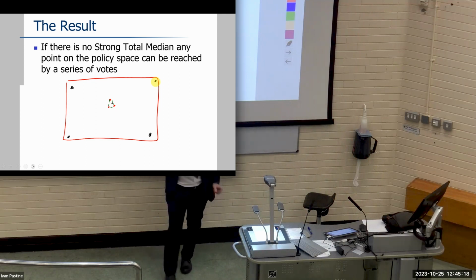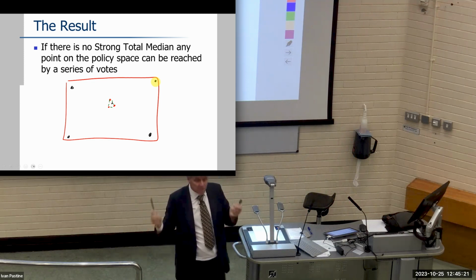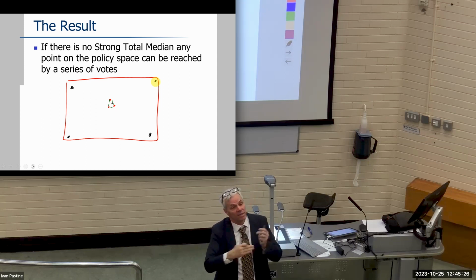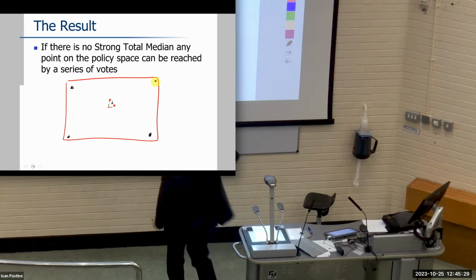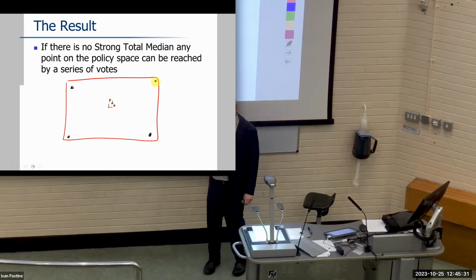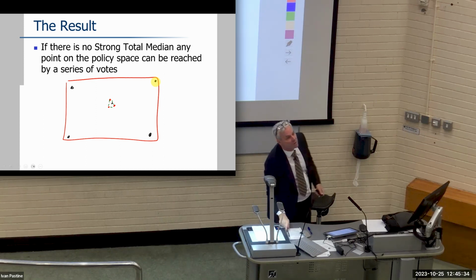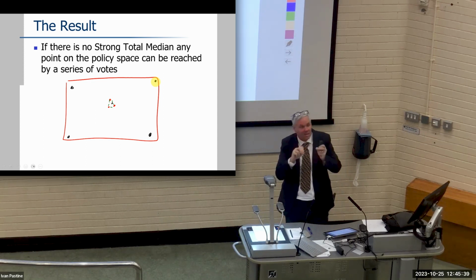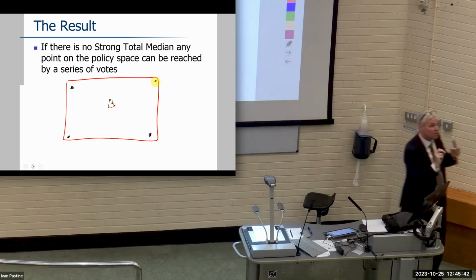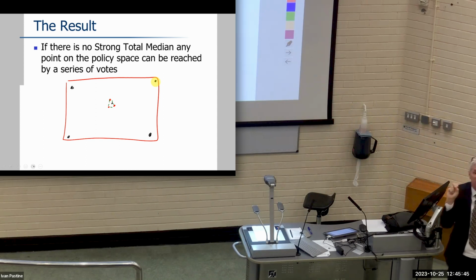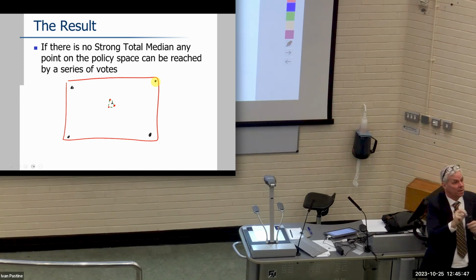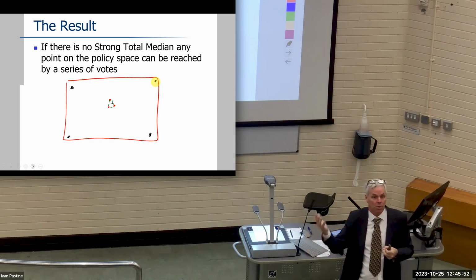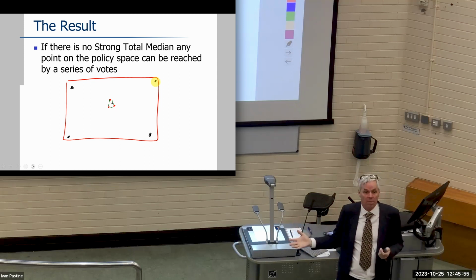Okay? It is true in the one-dimensional case that we talked about before. You're going to stay more or less in that indeterminate zone. But with 2 dimensions, you can trade one policy off against the other, and you can get literally anything happening. And the trouble is there's no reason whatsoever to think we have a strong total median. I can come up with examples, and I can make it just so, and I'll do a couple next time, that you do have a strong total median. But then if you move any of those guys even a little bit, that disappears. Which means if any of them ever picks up a magazine or watches a TV show or any news comes in, any strong total median is going to go away.